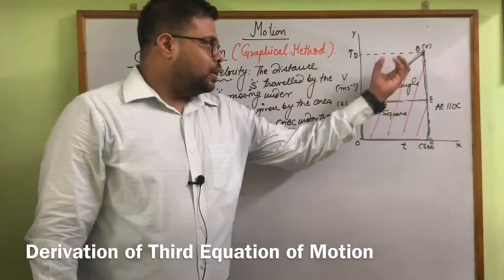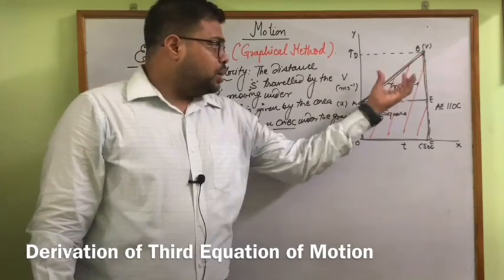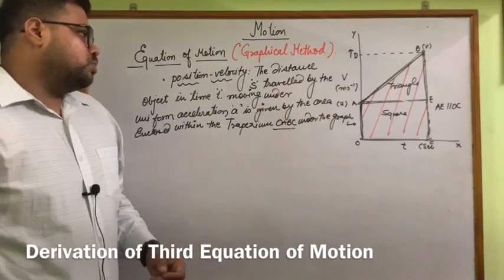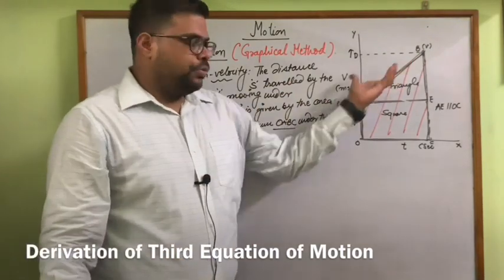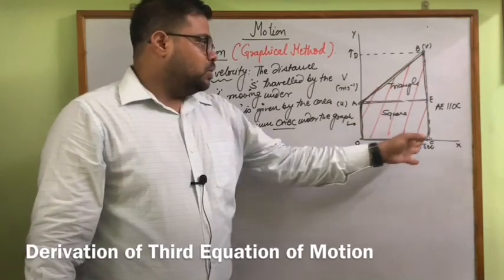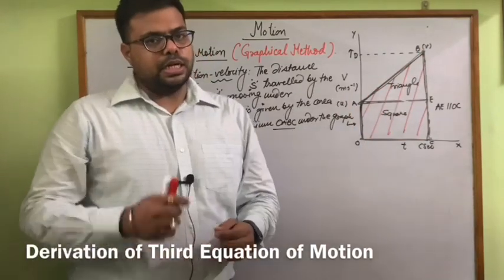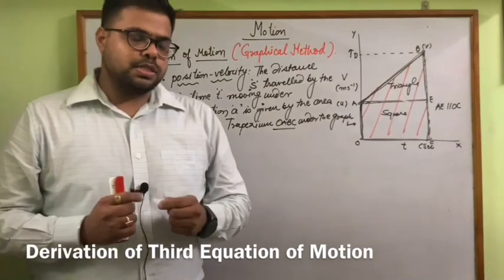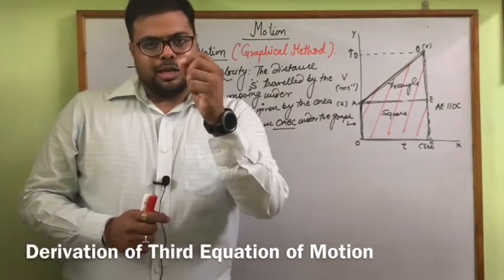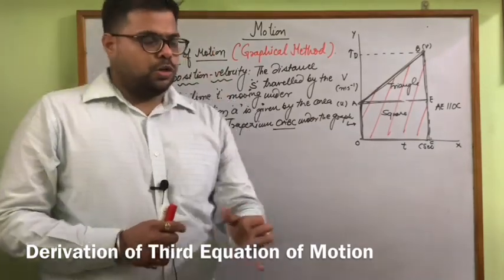You can divide the trapezium into two parts. First is a triangle and the second is a square. Now if you do not like that, we know the second method, sorry, the first method to find the area of the whole trapezium. So definitely this gives us again a very important relation, which is called the third equation of motion. Look at how.